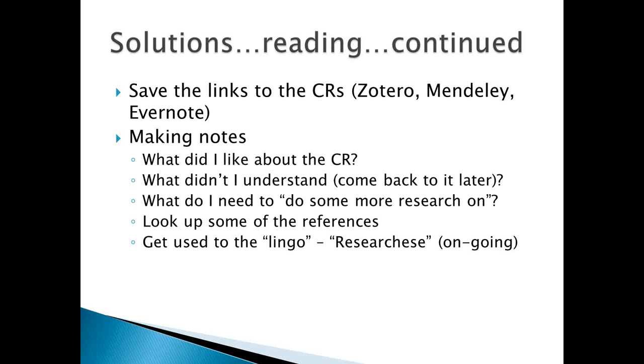Over time, you will get used to the lingo, and I call it researchese, because in the research world, they have their own language. For example, they love their variables. They have their dependent variables, their independent variables, and then there are the confounding variables. They love validity. They're all about external and internal validity. Oh, and then they have instrument validity and construct validity. And there are certain words that they use that mean something different from regular life, like significance means something completely different in the research world.